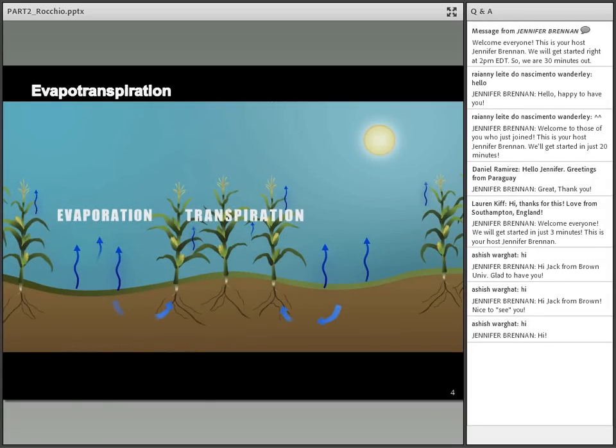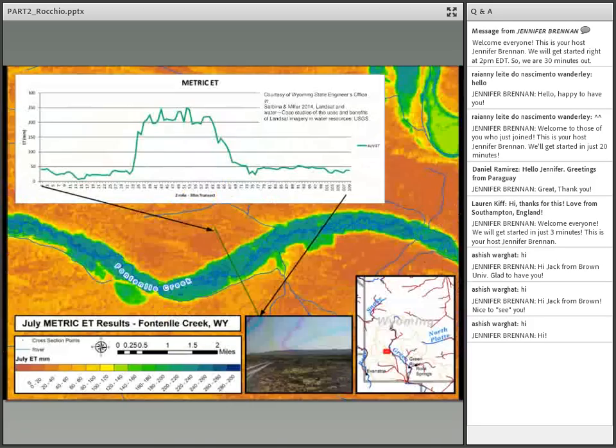How do we know this? We know this because of something called evapotranspiration. Plants cool down when they transpire, kind of like us perspiring. So the combination of water transpiring from the plants and evaporating from the ground together is known as evapotranspiration, or ET. Knowing this relationship, scientists can use the Landsat's thermal measurements to calculate how much water agricultural fields are using. In other words, by knowing this physical property of plants and soils, thermal information collected by Landsat can be used to estimate water. Here's an example of the Wyoming State Engineer's Office calculating ET using Landsat's thermal band in a